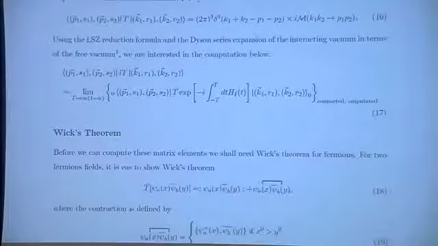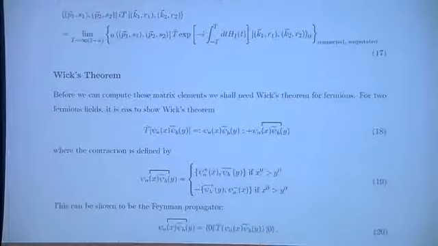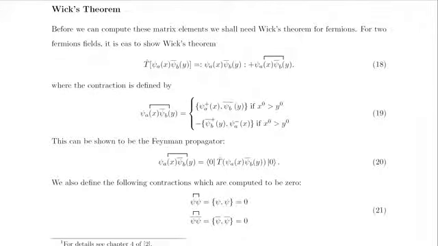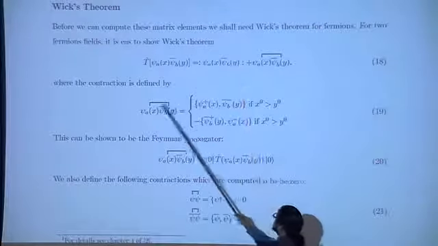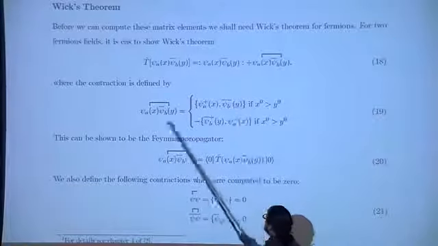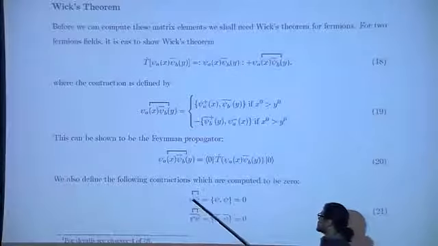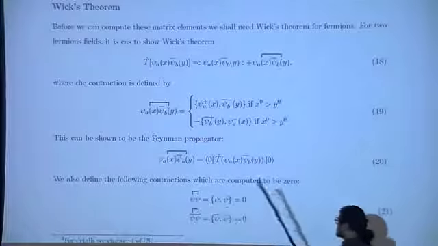And so then we talked about how we have to use Wick's theorem to expand the time-ordered exponential. We proved in class part of Wick's theorem for 2 fermions. And here's Wick's theorem for 2 fermions. This is a contraction defined in this way when we have psi and psi bar. If the contraction between 2 psis and 2 psi bars are defined in this way, then you can compute that to be 0.